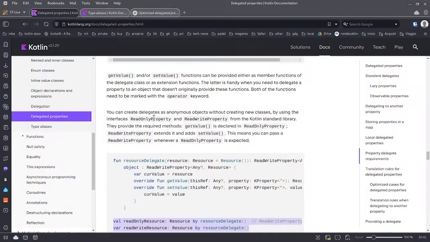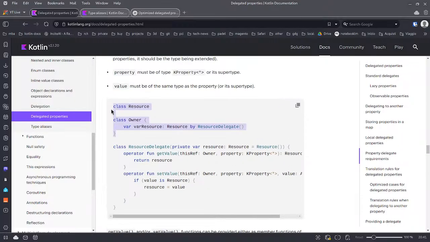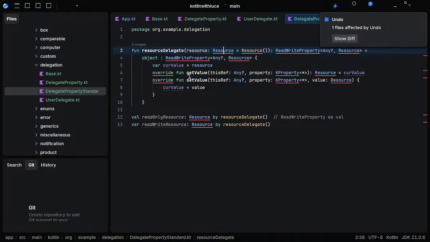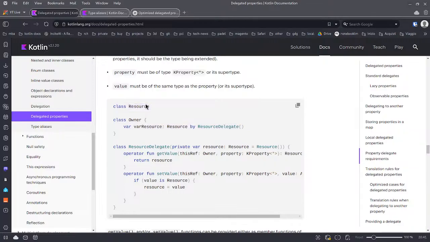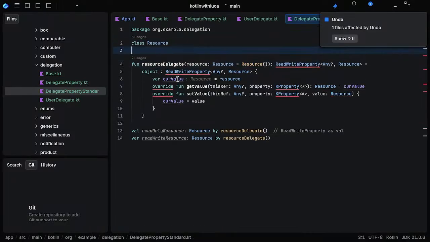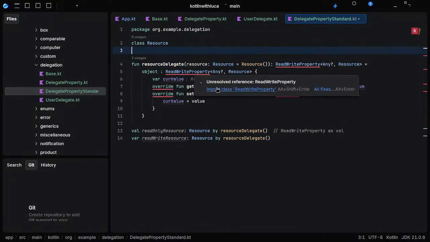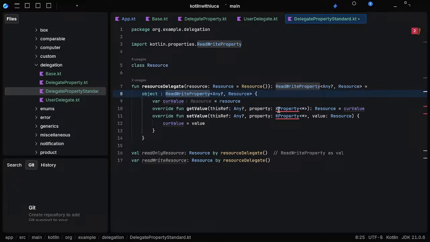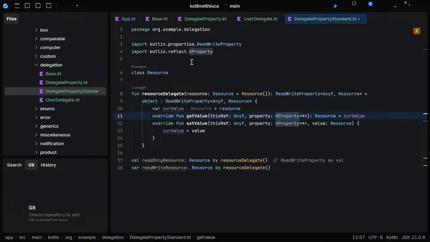Our resource, and our owner is not required. Only resource. Okay, and then you import from Kotlin. So what we have done here is we have created a function in which we pass